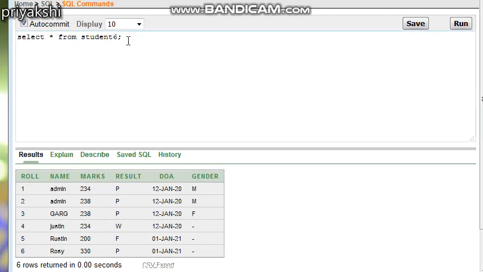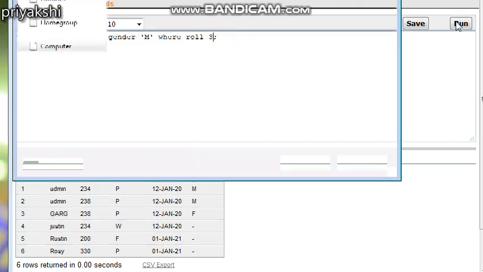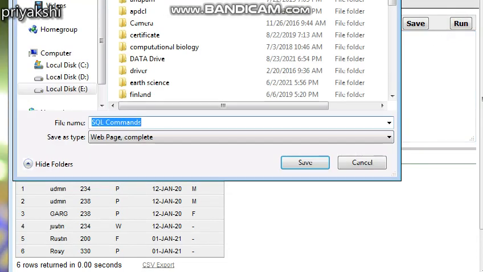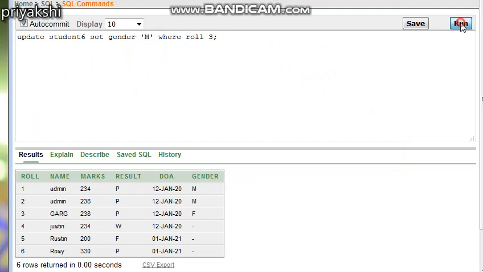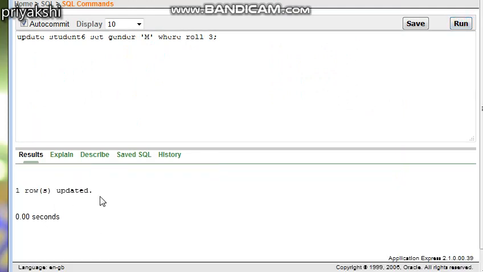We can change it using the same thing. You have to write update student6, set gender equal to male where roll number equal to 3. So you can update the value if you have entered it wrongly. You can see it gets updated. In this way you can change the value that you have wrongly inserted, or add a new column to the structure of the database.